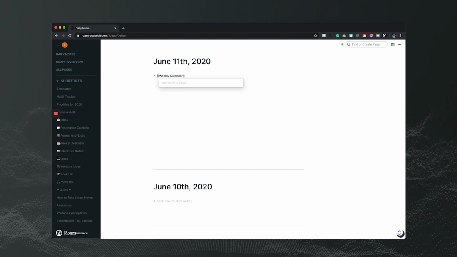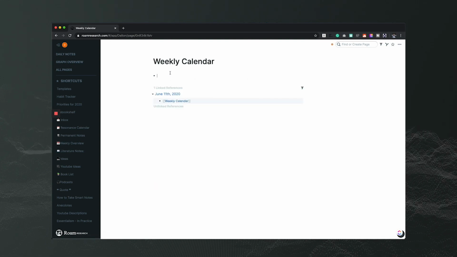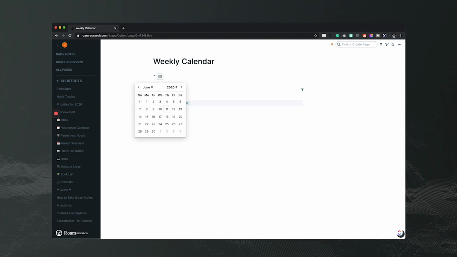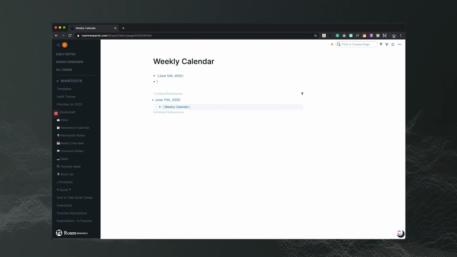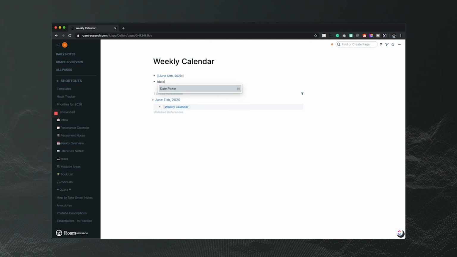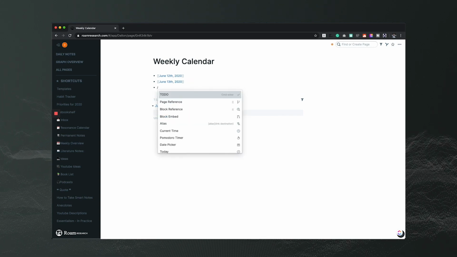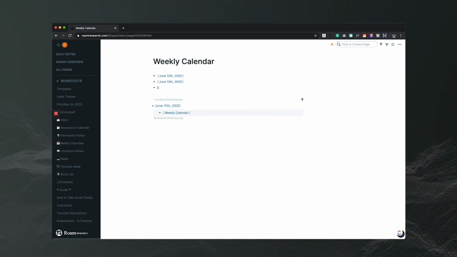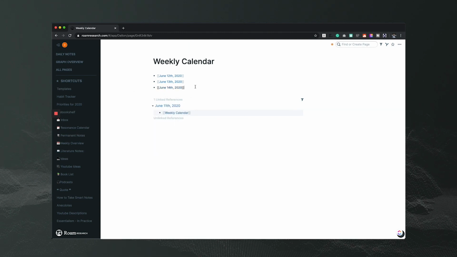calendar. And to open up this page, I'm going to hit Control-O. It's a keyboard shortcut to open up pages that you're selected inside of. And I can use the date picker. So tomorrow is June the 12th, and then I can do /date picker again, select June 13th, /date picker, date picker June 14th, and I would go throughout my entire week in just creating this list from Sunday